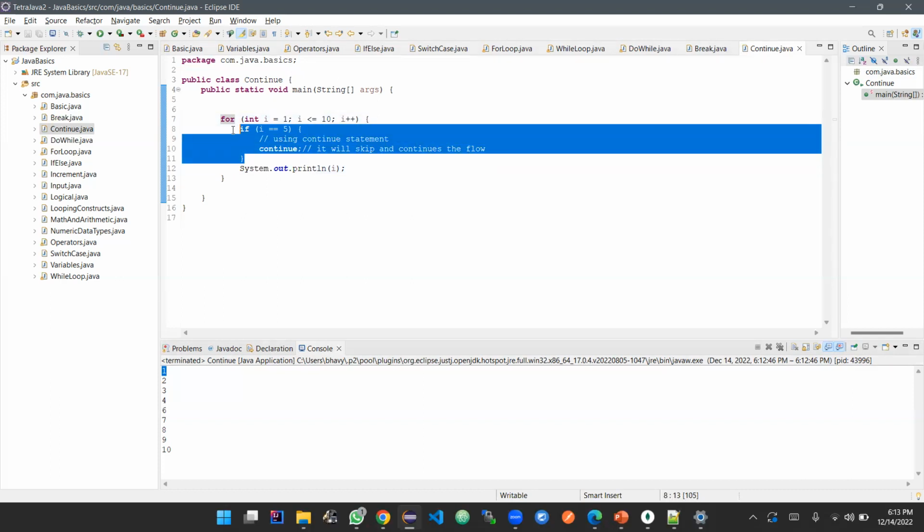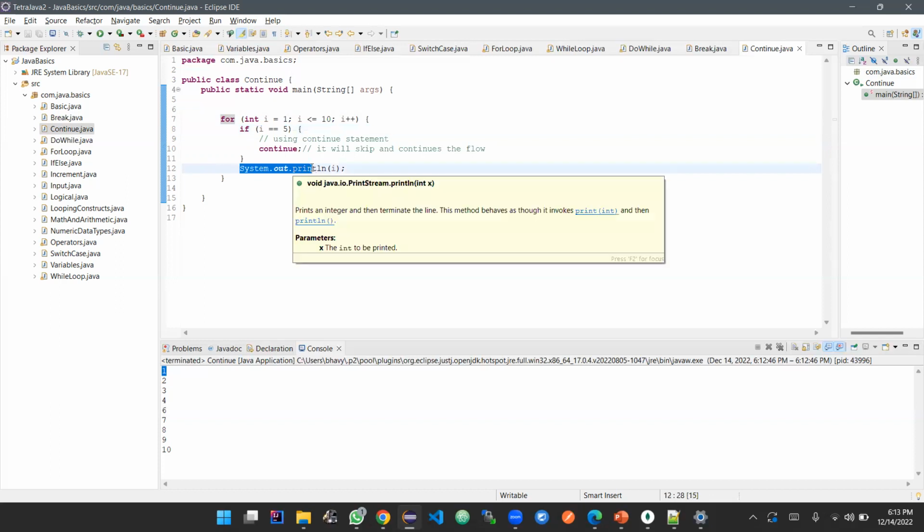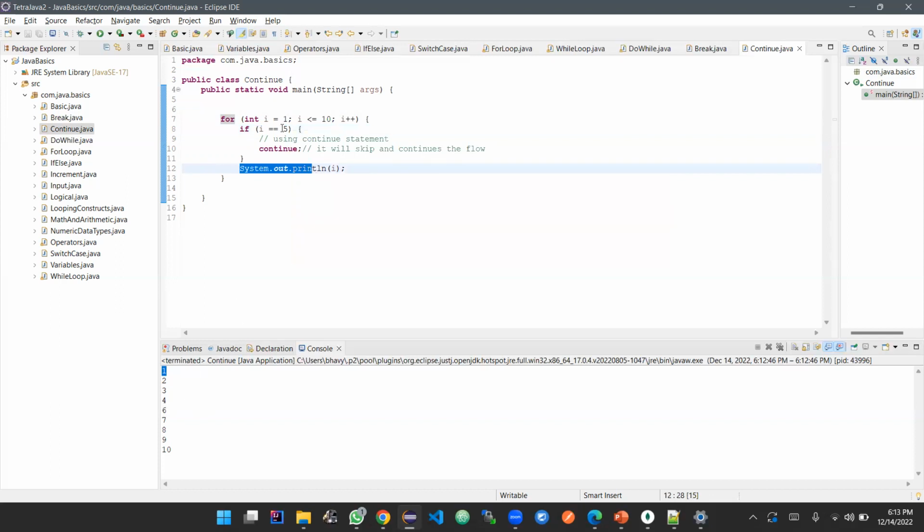So if you want to break something based on a particular condition, use a break statement. If you don't want any output based on a particular condition, simply put that condition and issue a continue statement. So whenever this condition is met, the code execution will stop there and it will continue for the next iteration. Because here I equal to 5, if I put I equal to 8,